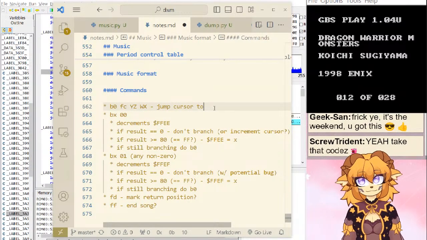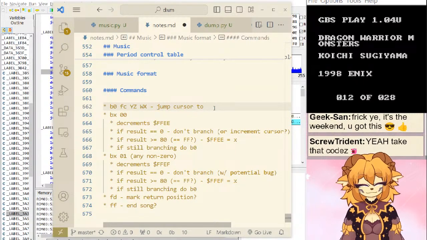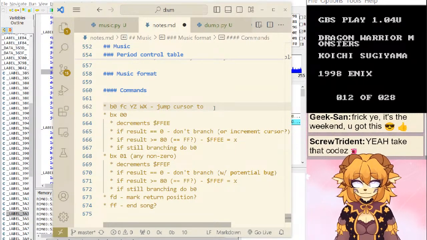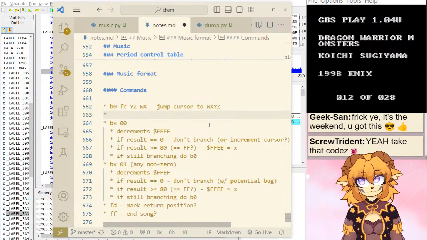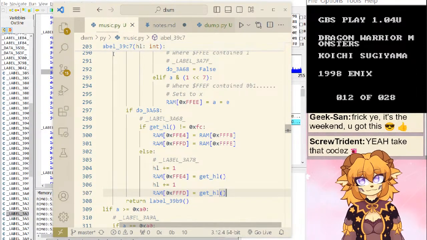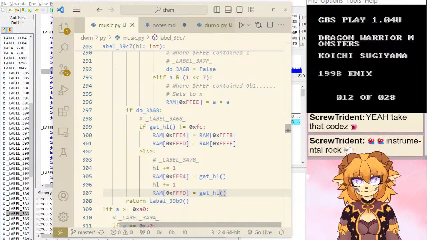W, X, Y, Z. And then B0. And then in the not FC case, it just ignores it entirely.